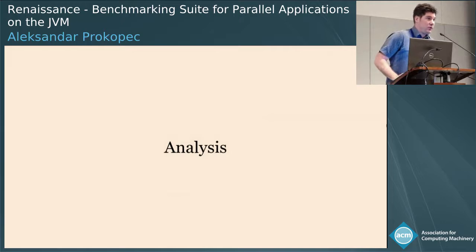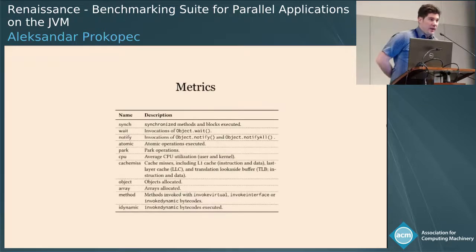And then we decided to do an analysis on them to try to get an idea: are they in some way different from the existing benchmarks out there? Since we were focused on concurrency and parallelism, we chose mostly metrics which in some way correspond to concurrency primitives that you have on the JVM. Concretely, we counted the number of occurrences or invocations of a particular primitive at runtime. Based on that, we devised the following metrics.